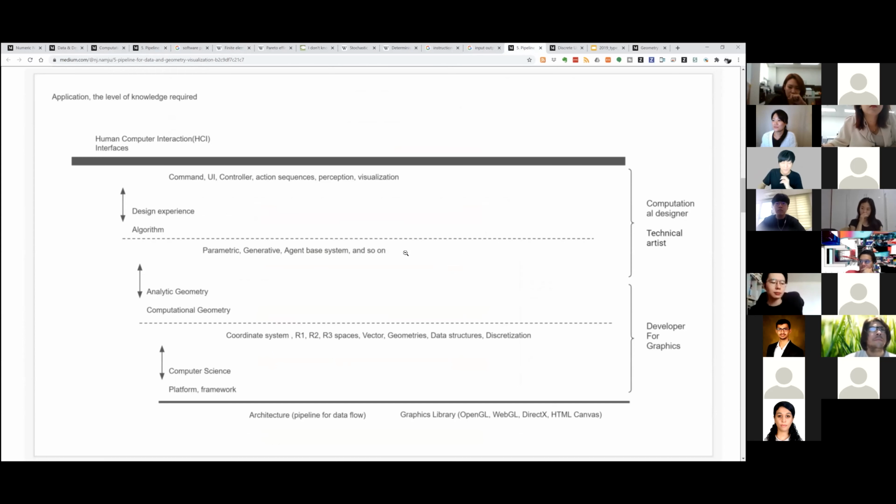This is the diagram of how software engineers develop a CAD system. When I say CAD, it's not AutoCAD. It's a computer-aided design system. We can build whatever design process or geometry manipulation and visualization. So this is the surface, the UI level. If you click some button in Rhino or SketchUp, you basically interact with this layer.